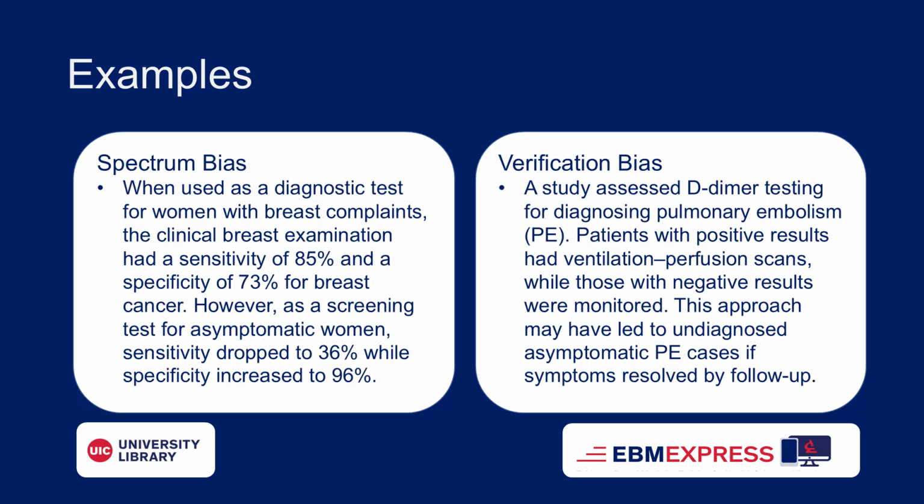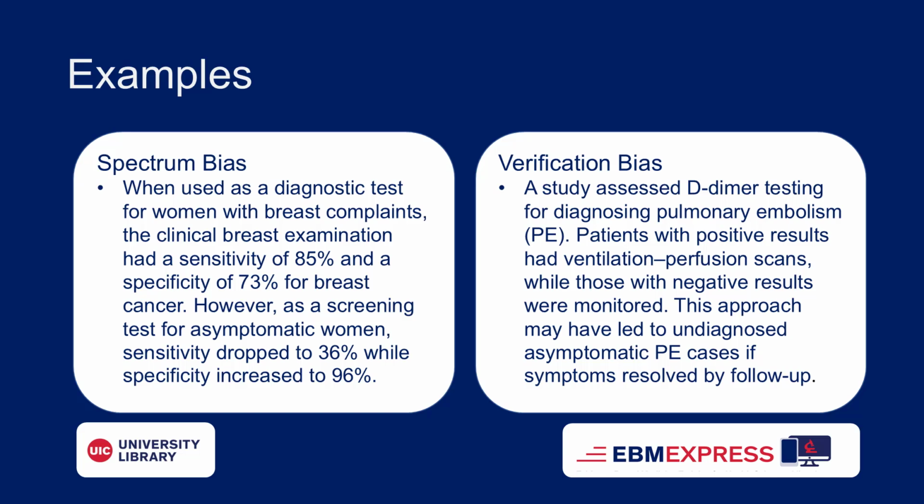As for verification bias, a study examined the use of D-dimer tests for diagnosing pulmonary embolism. Patients with positive test results had ventilation perfusion scans. Those with negative results were monitored instead. This method might have missed some cases of PE that did not present with symptoms, especially if those symptoms had